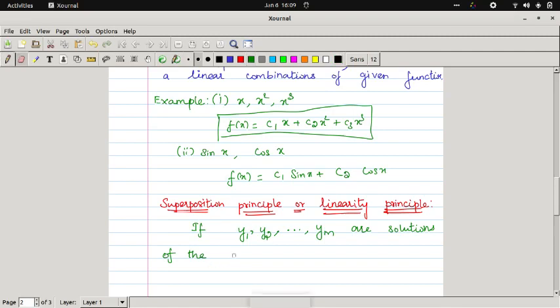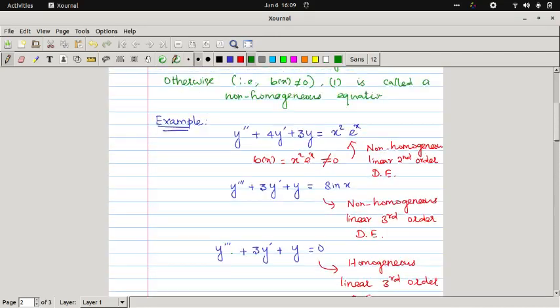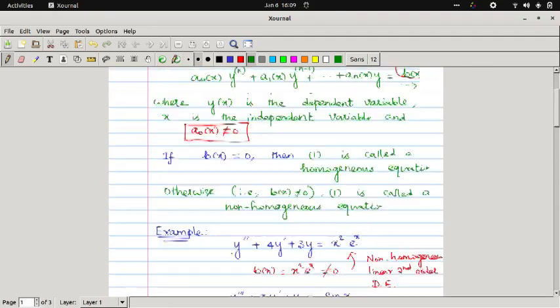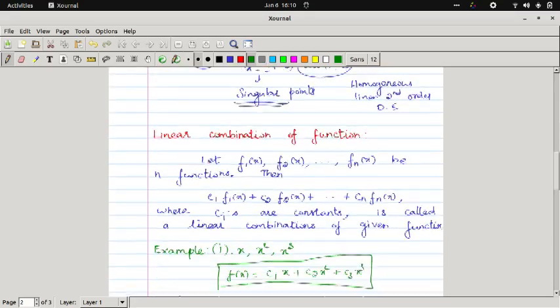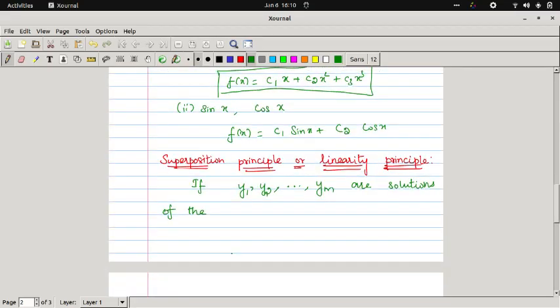So we see what the nth order linear homogeneous equation is. We give equation number 1 if b of x is 0. That is our assumption. Okay, this linear nth order homogeneous differential equation,